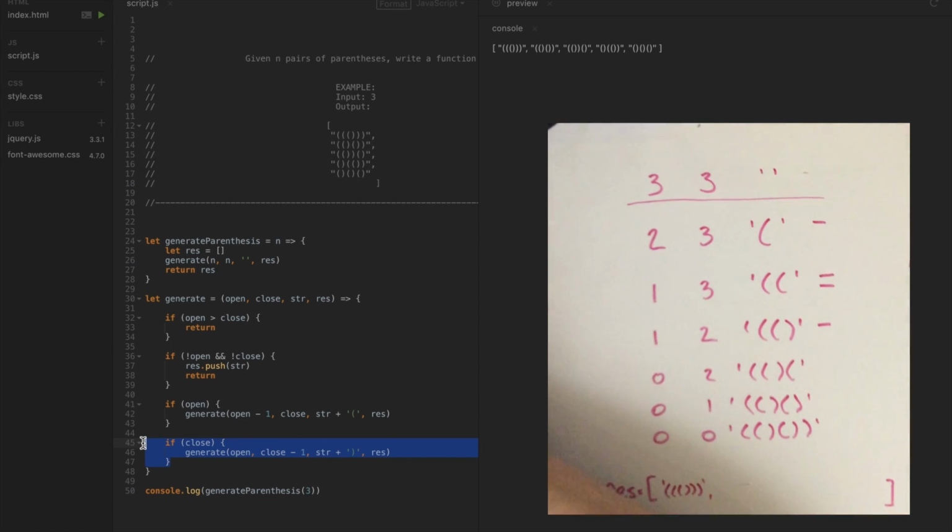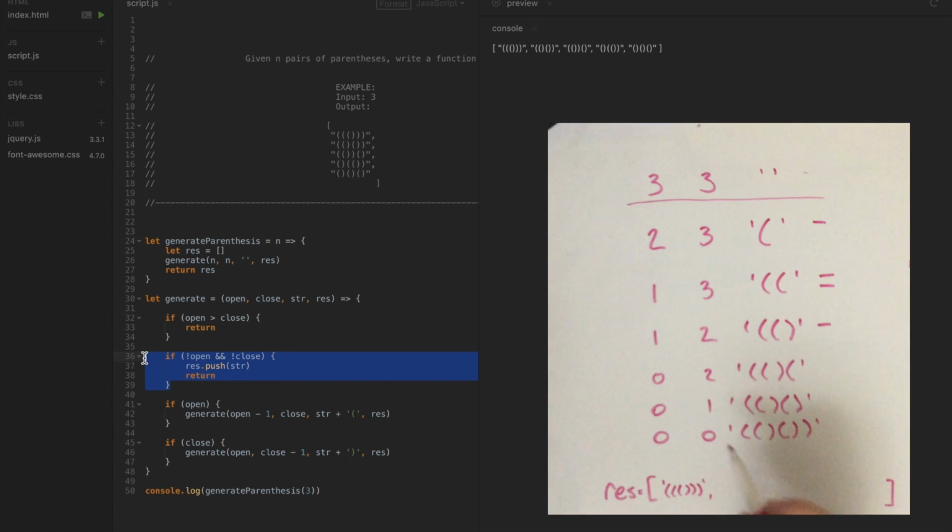And then we get to 0, 0. We do hit this one, and we push that result into here. And so now we're done with this,